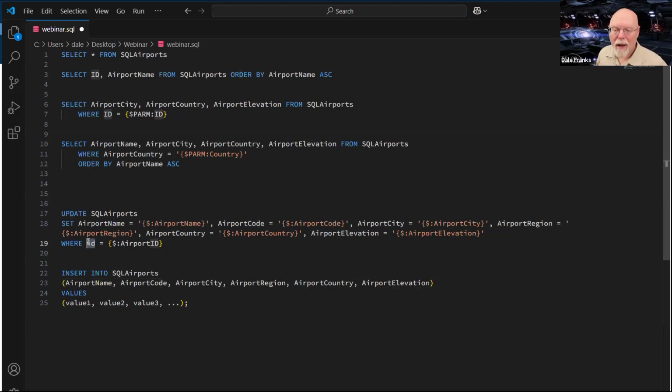And unfortunately, in my case, I'm going to have to include the ID. Normally that would not be necessary. Normally, the ID field would be an auto-numbered ID field, and the database would provide that automatically. Or, as in the case of ProcessDirector objects, instead of using a numeric ID, we use a GUID, which again gets provided by the database automatically. I never have to set the ID of a field.